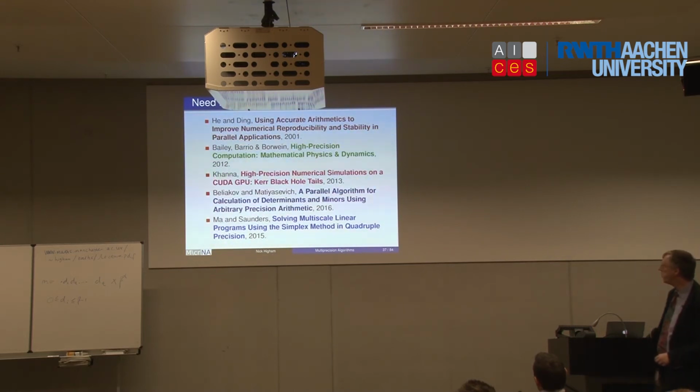The final one, Michael Saunders at Stanford told me about this. He was approached by some people working in biology who said, we're trying to solve some linear programs and our codes are running too slowly. Can you help us? It turned out they were running the simplex algorithm in rational arithmetic, so exact arithmetic, because they felt they needed a good answer. So they just ran the whole thing in rational, which means that with every operation the number of digits roughly doubles. So you rapidly fill up the whole computer memory with all your variables. That was, from our point of view, clearly a crazy thing to do.